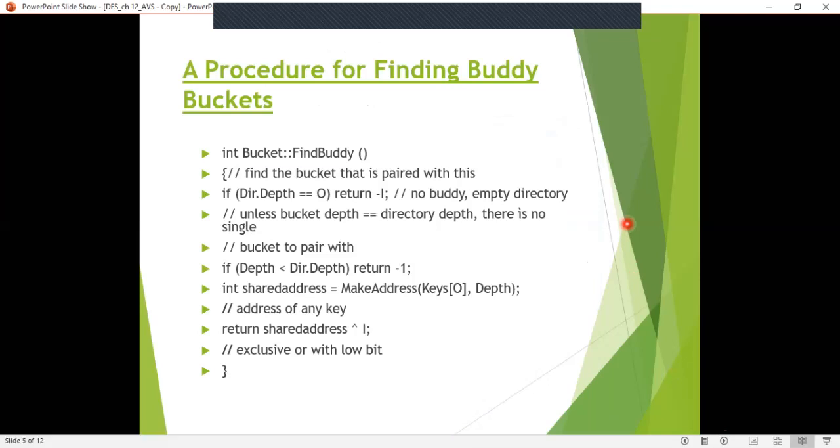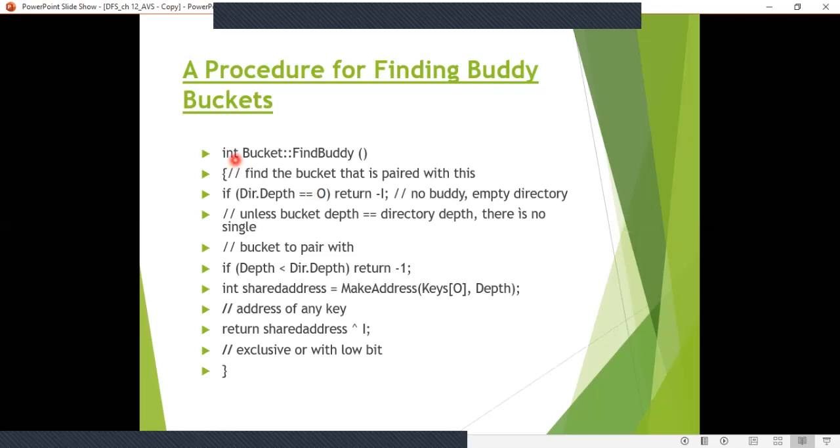Once we delete the buddy bucket, then we have to collapse the directory, collapsing means combine the buckets, isn't it? So to implement this deletion, first we need to find the buddy bucket and then collapse the directory. First we will see how to find the buddy bucket.